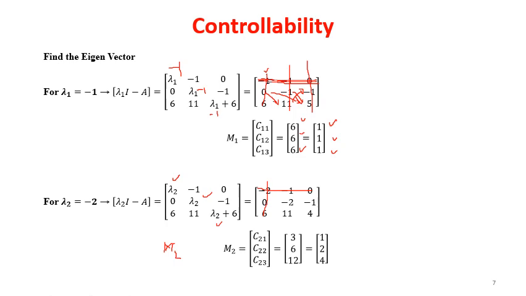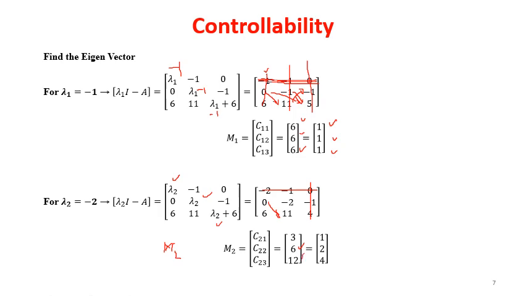Okay, next for the next one, we are going to leave this particular column and this row, that is 0 into 4, it will be 0, and it will be minus of minus 6, so it will be plus 6. So we will be getting here plus 6. Next we go with the next column and next row. So this one will be eliminated and this one will be eliminated, and 0 multiplied by 11, so it will be 0, minus of minus 6 into minus 2, so it will be 12, so it will be plus 12.